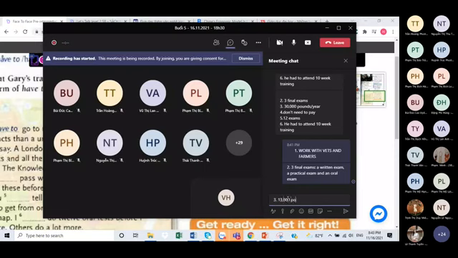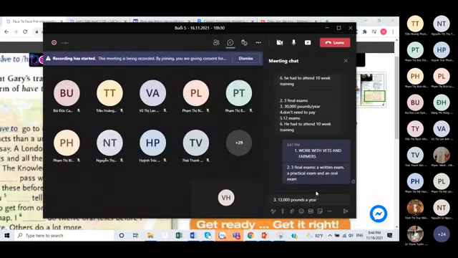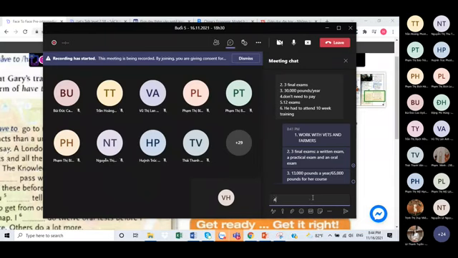£13,000 a year. Right. And 5 years. So £65,000 for her course. Her course took 5 years, right? And here the answer is how much is paid for her course. So 65,000. We need to calculate, right? We need to calculate. £13,000 a year, 65,000 pounds for her course. Right. Because the course took 5 years, right? And number 4,